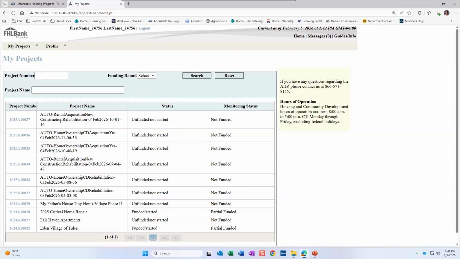If you see nothing when you log in at the moment, that is normal if you logged in today. We have not released the 2025 projects into the actual system quite yet, so you are not able to view your project quite yet. We are planning to have them up by the end of next week. So you should see your project appear sometime here in the next week, week and a half or so.